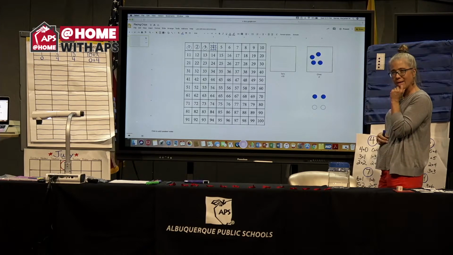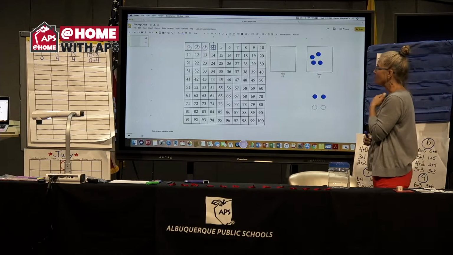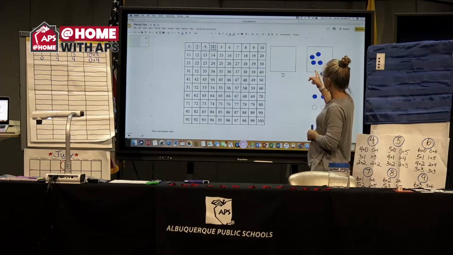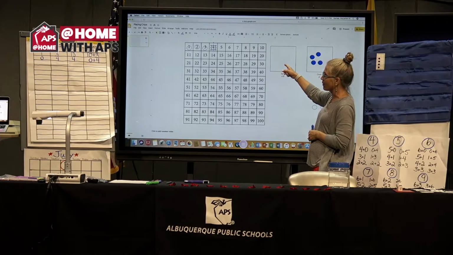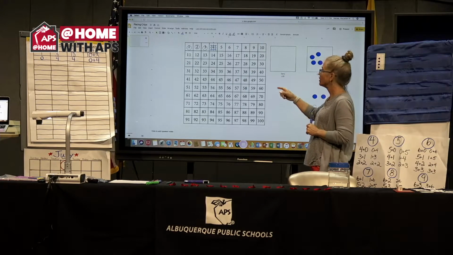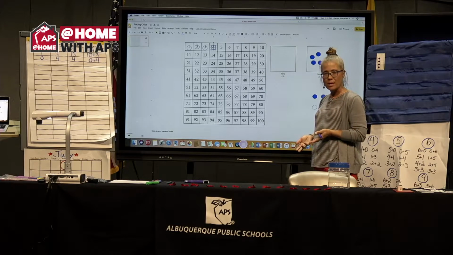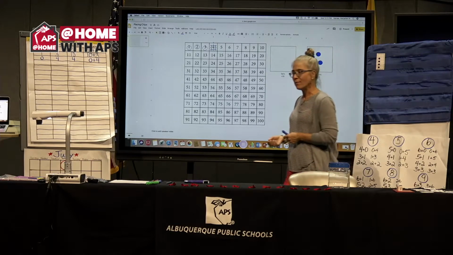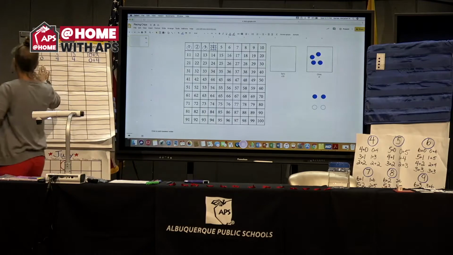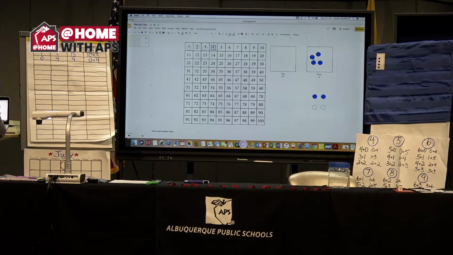Can you think of any other option? We've done it where we had 1 over here. I'm looking at our chart. We've done it where we had 2 over here. Have we done it where we had 3? I don't think we have. I'm looking, I don't see one where we have 3. So let's try that. What if we put,